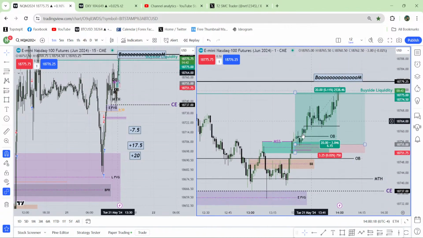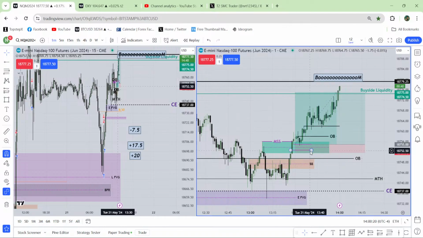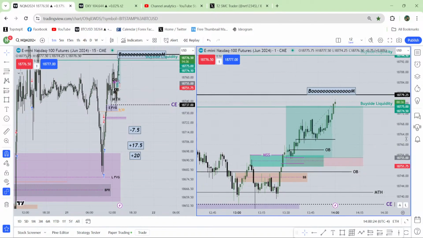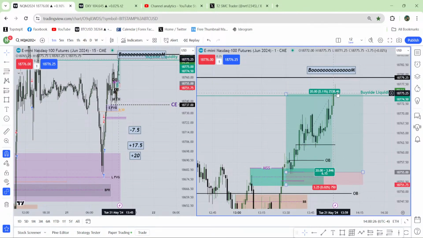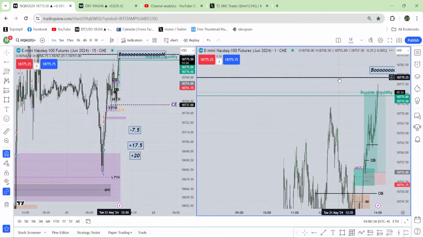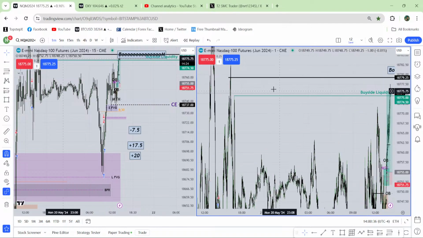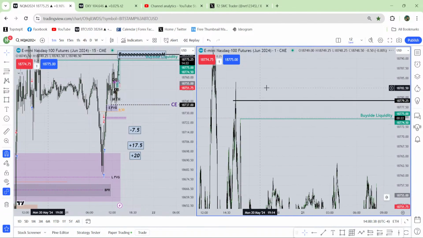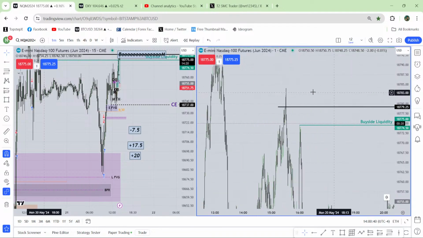Is that a good price action? Bullshit price action. Trust me, it's the bullshit price action until now. Still I'm expecting the precision from the price action. So the precision is if market can reach until that line, it's called the precision. So I'm expecting the precision. I don't know if it is going to give me the precision or not.